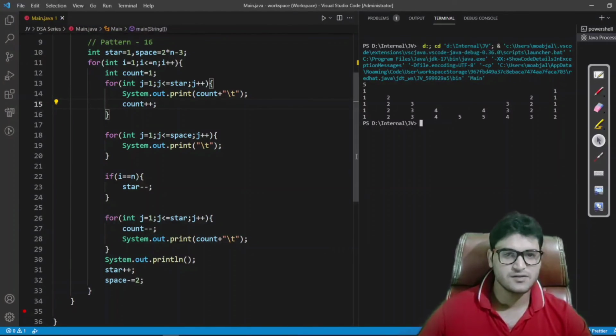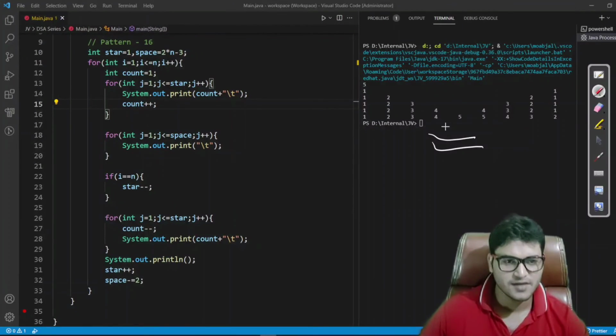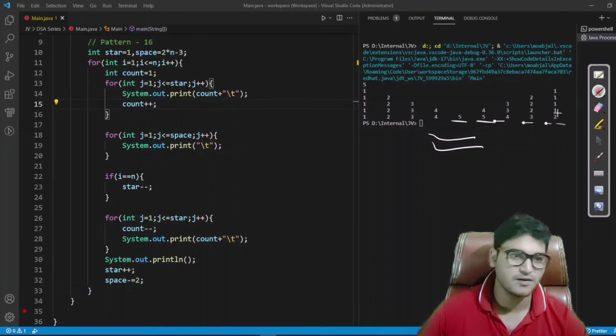So you can see we have printed the exact same output as in our question, but if you can see here, we still have a tiny error. What is that? In the last row we are printing 5 and again we are printing 5 4 3 2 1, but what we should get here is 1 2 3 4.